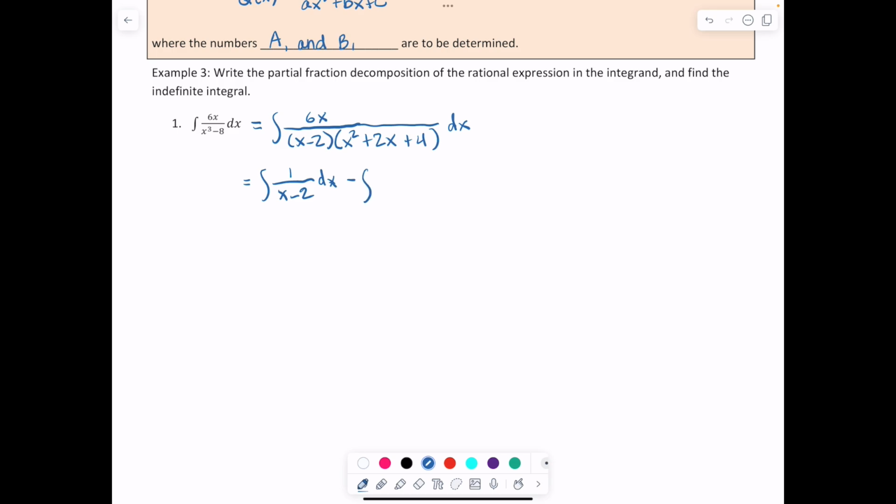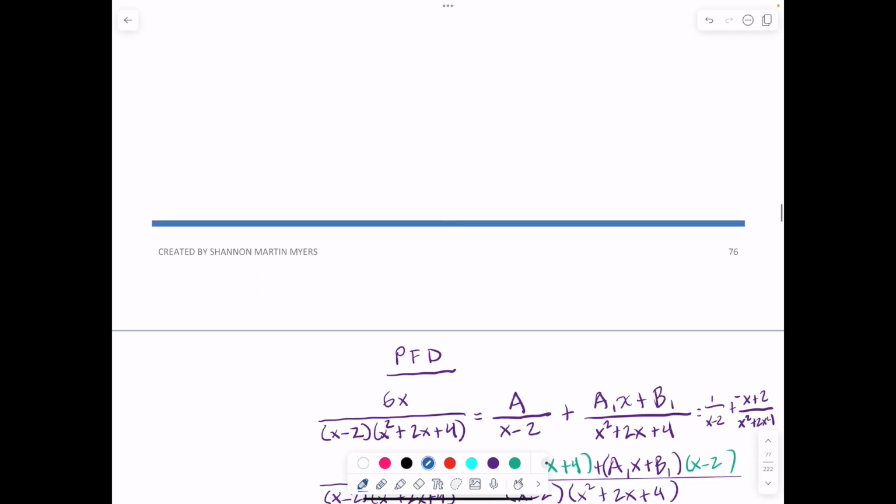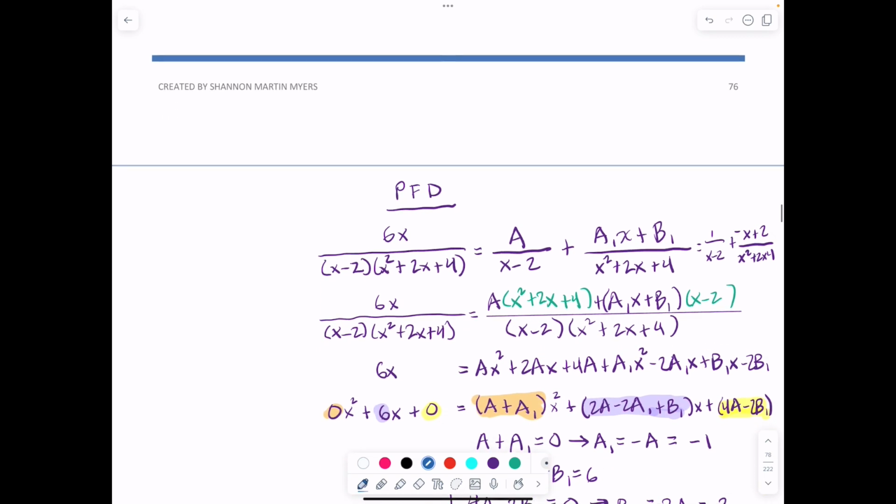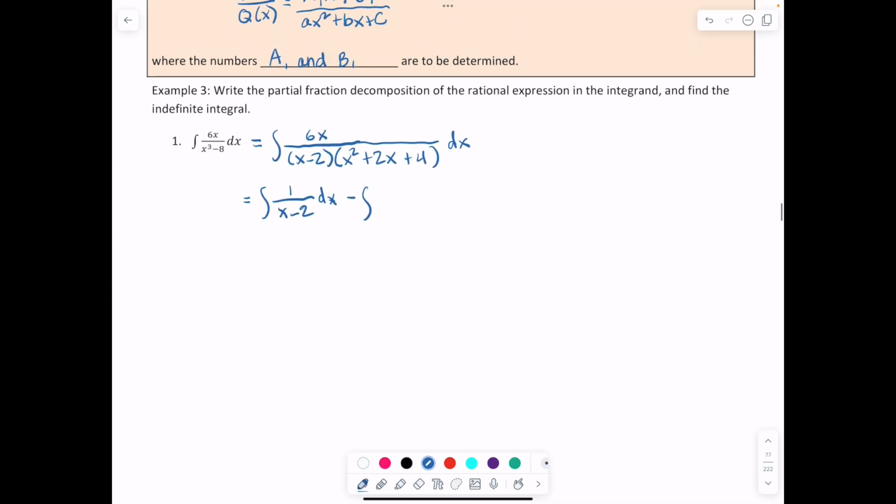First, I'm going to factor out the negative. When I factor out the negative, I'm going to be left with positive x minus 2 all over the quadratic x squared plus 2x plus 4 with respect to x. Cool so far? Now I want you to look at the second denominator. If I did a u substitution, do you see that my du would be 2x plus 2? So I want to generate a 2x plus 2